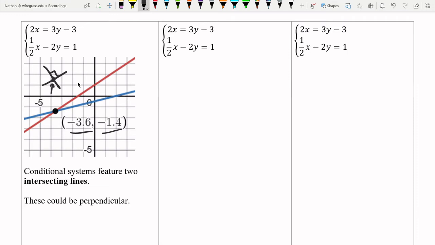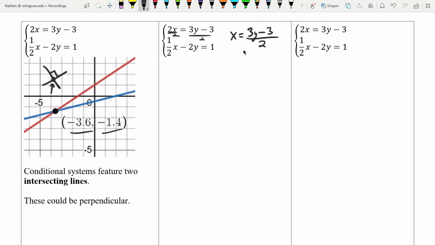Now for this next one, let's solve this via substitution. To do substitution, as I've shown before, you need to have a variable solved. In this case, I can solve quite easily the top one for x. I'm just choosing that one to solve. I can solve for y if I want, but that one looks the easiest to me, so I'm going to go for that. And all I have to do to solve for x is just divide by 2 on both sides. So we get x equals 3y minus 3